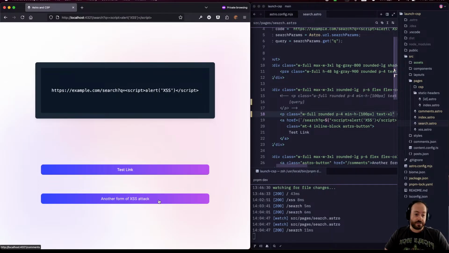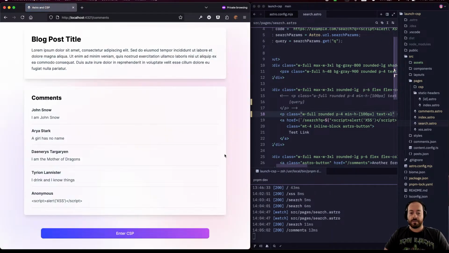There's also another form of XSS, which is data that comes from your backend. So this is an example of a blog post that has comments. So I created a content collection at the moment, so I don't have a DB set up. But I just wanted to show you that sometimes hackers can do this kind of stuff. So they're going to try to inject their own HTML with their own script in their comments. And if you're not very careful, well,